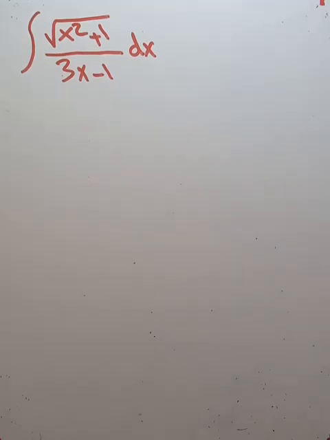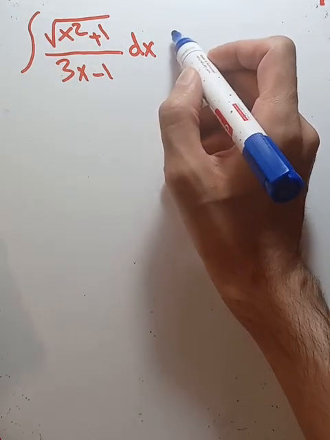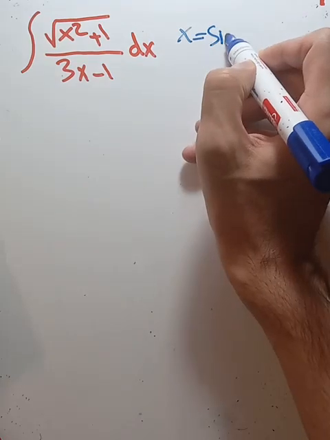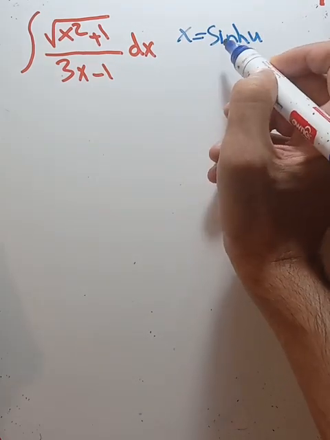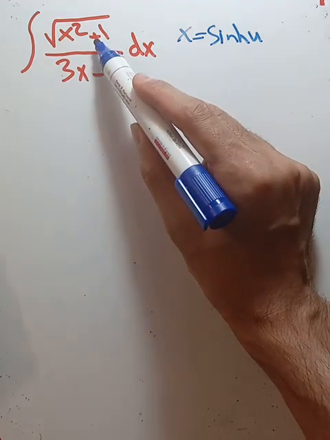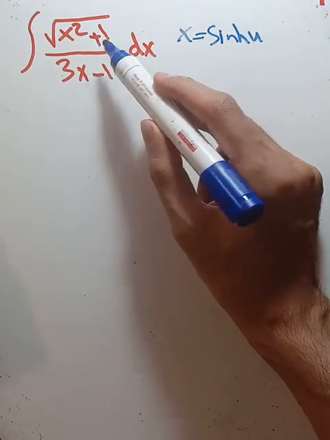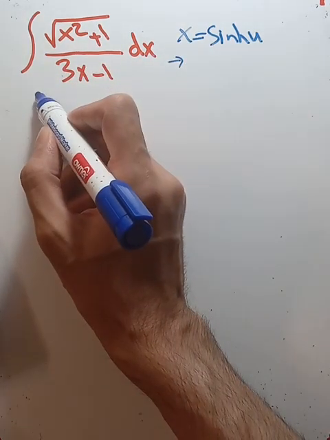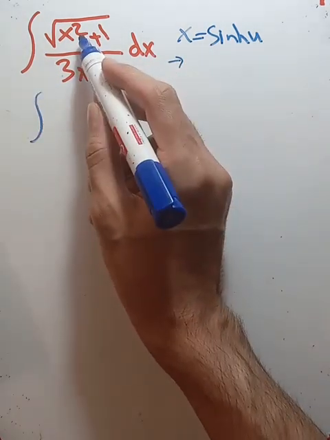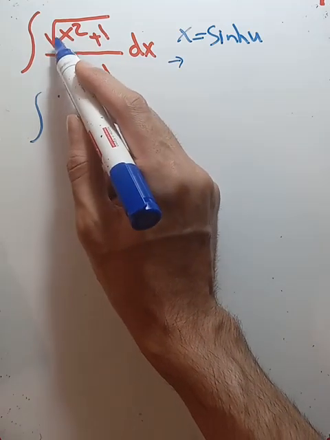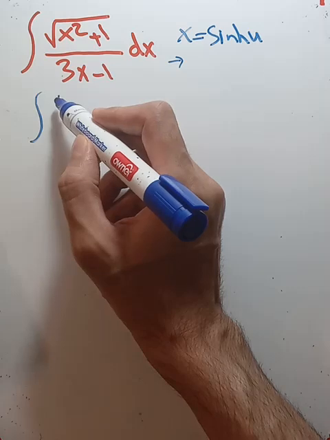Okay, let's evaluate this. So here let's take x to be sine hyperbolic of u. So using the identity, this would be cosine squared, and the square root of it would be the absolute value of cosine